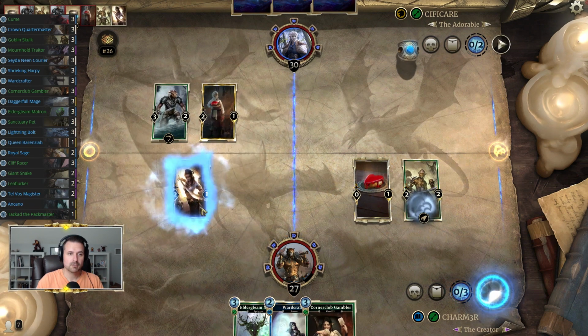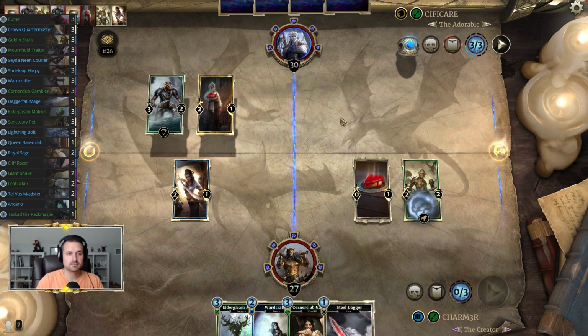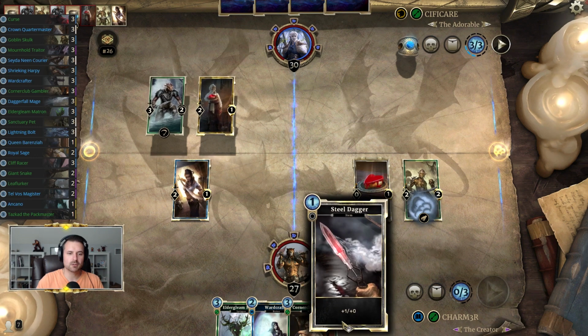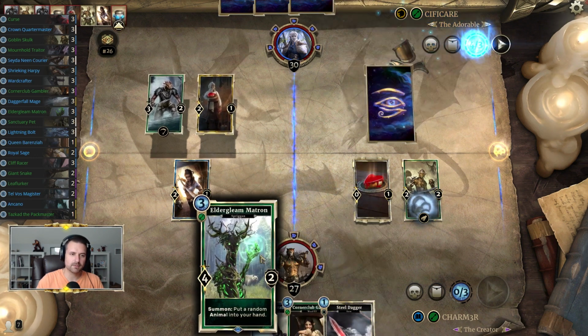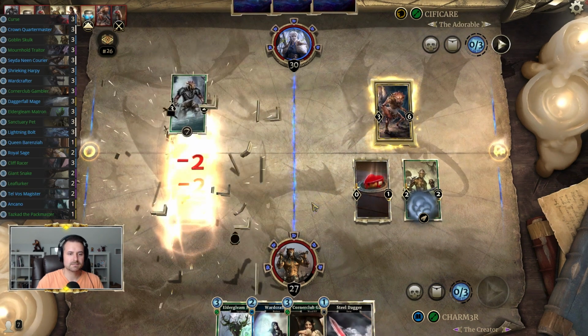I keep a spare blade. We're going to use this to contest. We can't let them get too much of a lead. We also would like to stick this. We could have also played Corner Club, but by playing this, we can have Corner Club eat our dagger or whatever comes from the Elder Gleam at any given point, so...